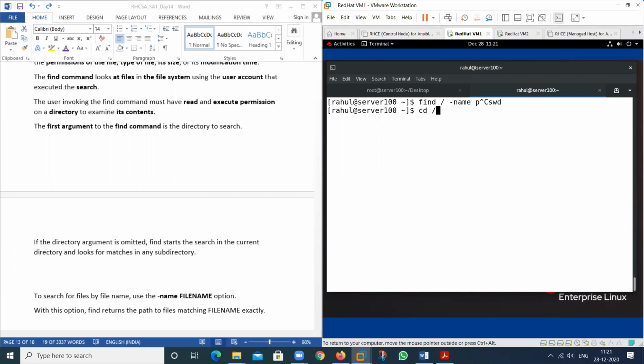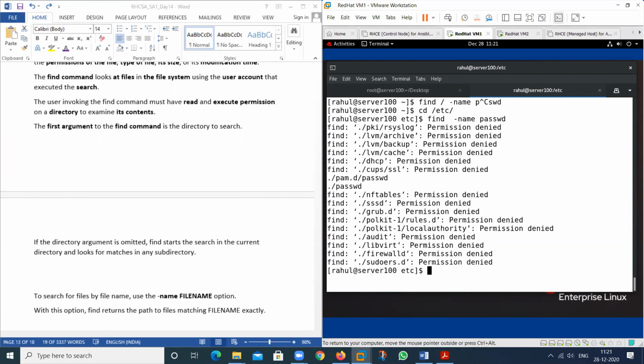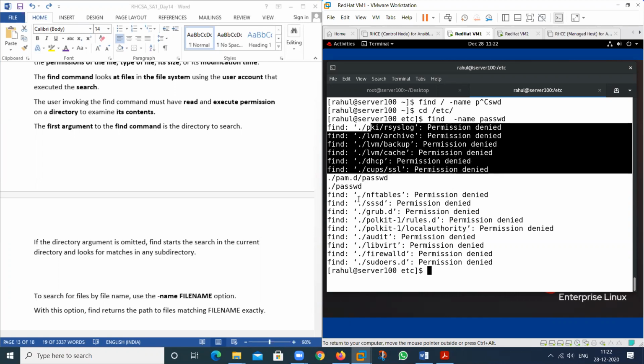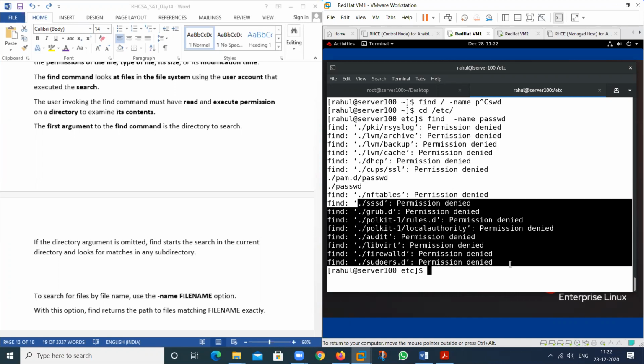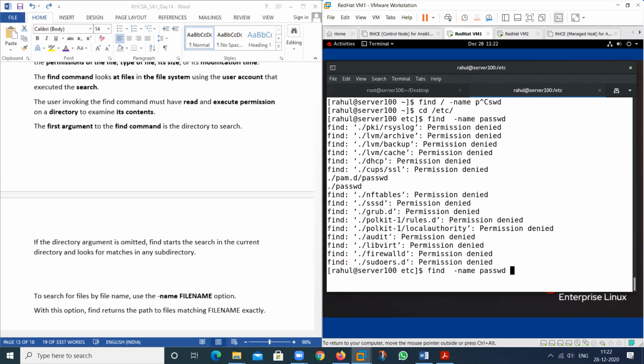See, I am in this location and I use this command again. See here. So what will it show me? It also shows me the result, but also provides some errors. So these are the errors. So it will search in which particular location? In the current location. See, current means it starts with which particular sign, that I have already told you.